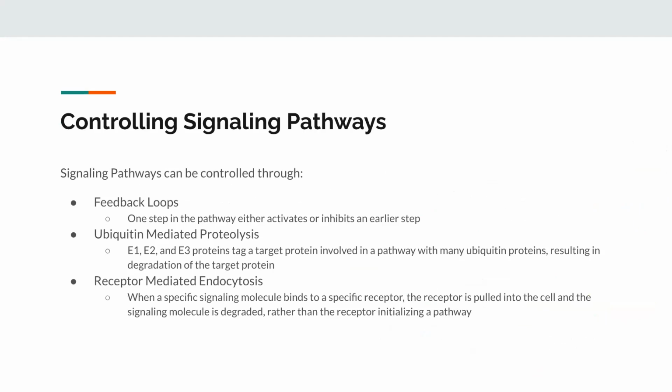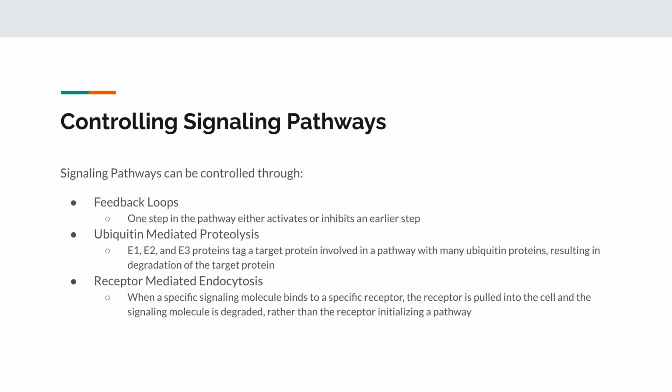So moving on to the ways that signaling pathways can be controlled. We talked about dephosphorylating and phosphorylating proteins at different steps of the signaling pathway. Phosphorylating might turn a specific step on or off. You can also have feedback loops, proteolysis, or endocytosis. Feedback loops basically means that one step in the pathway, a late step in the pathway,